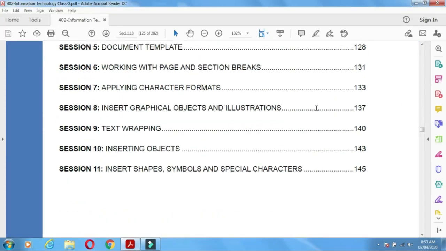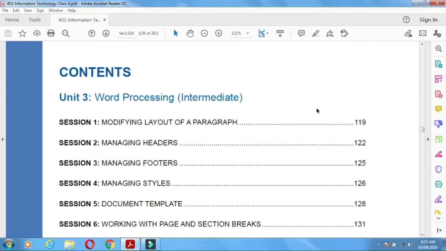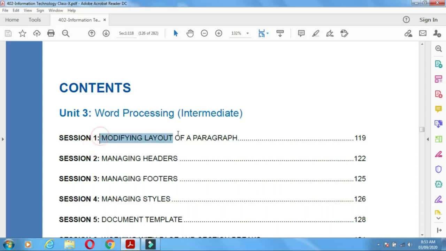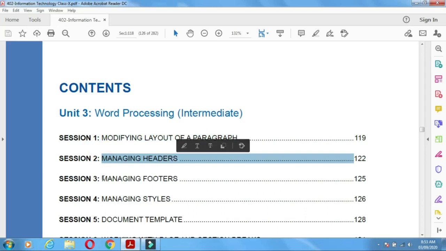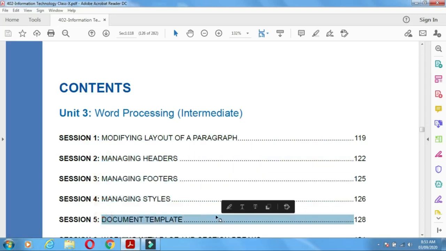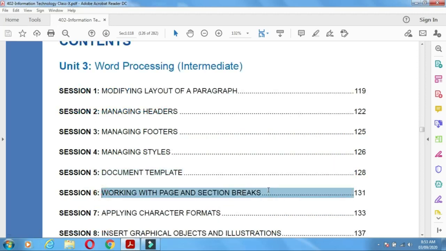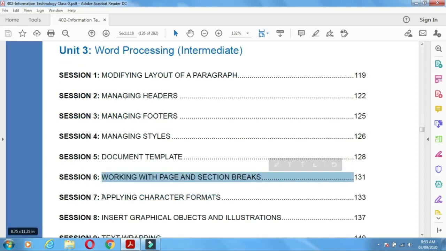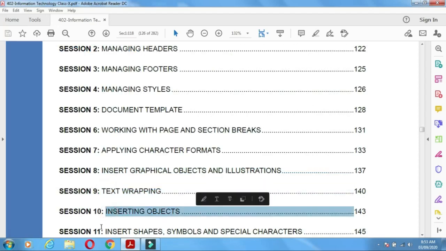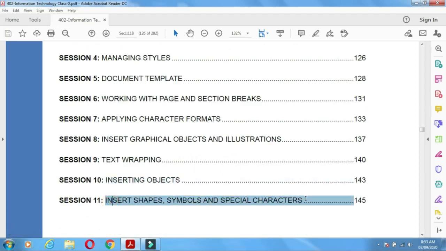There are 11 sessions in this Word Processing unit. The first is modifying layout of paragraph, managing headers, managing footers, managing styles, document templates, working with page and section breaks, applying character formats, inserting graphical objects and illustration, text wrapping, insert object, insert shapes, symbols, and special characters.